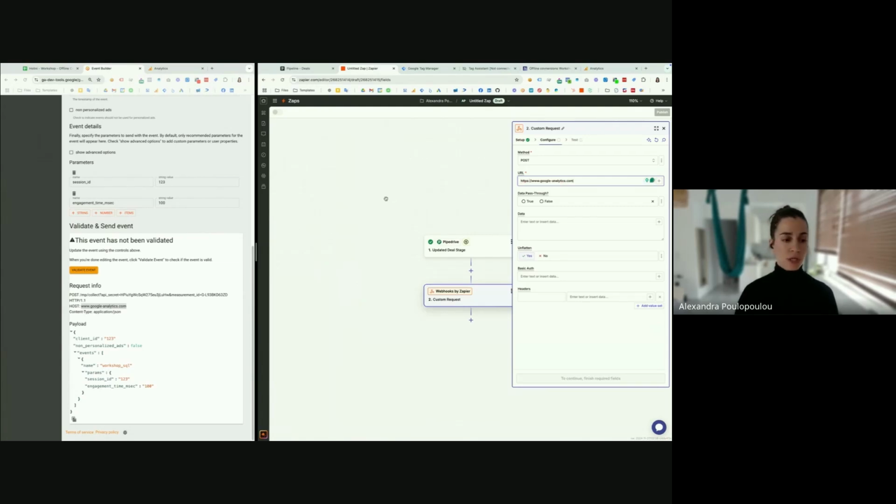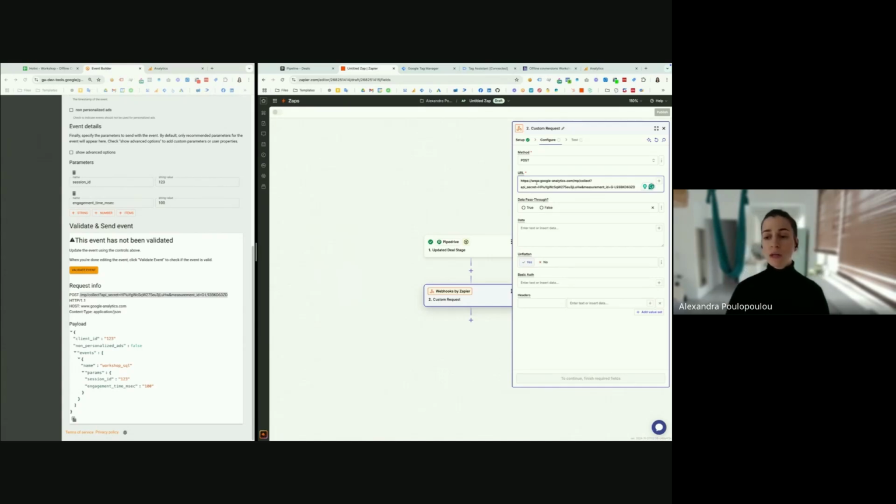We have our host here, and we have this post, which I will put directly after our host. So you will have a URL that has the googleanalytics.com domain and your API secret and measurement ID. Regarding the pass-through, we will select false for now, but this is also the predefined value. If you don't choose it, you see that it is not mandatory, then false will be the default value.